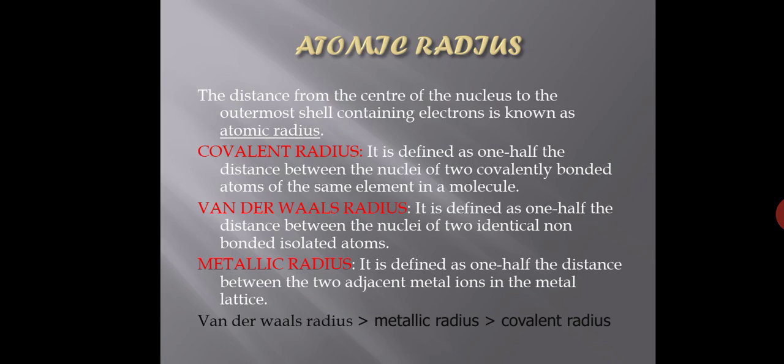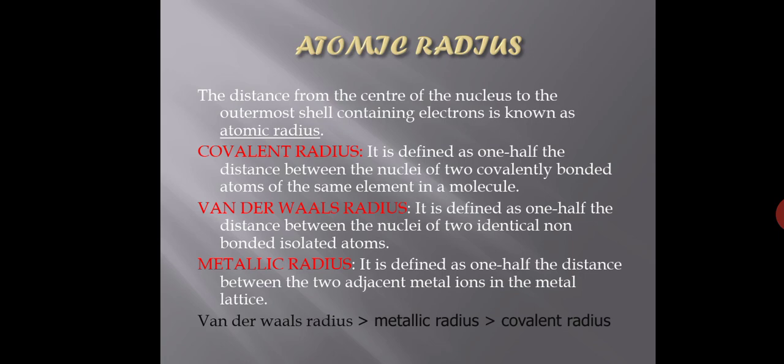For example, I remember, the metallic radius of sodium is 186 picometer. Two sodium atoms are joined. Whereas, when the covalent radius is formed between two sodium atoms in the vapor state, then the radius is 154 picometer. Because in the vapor state, in the gaseous state, they exist as a covalent molecule, but in the solid state, they exist as nothing but metallic atoms.